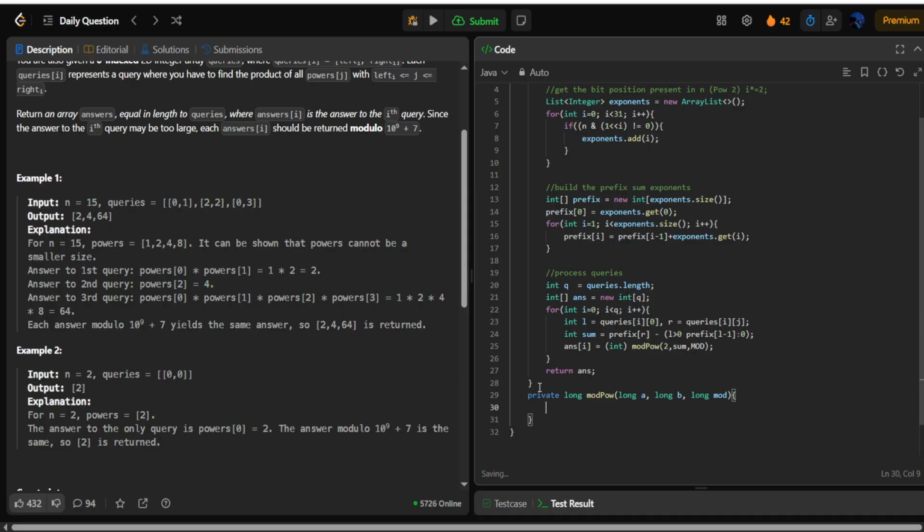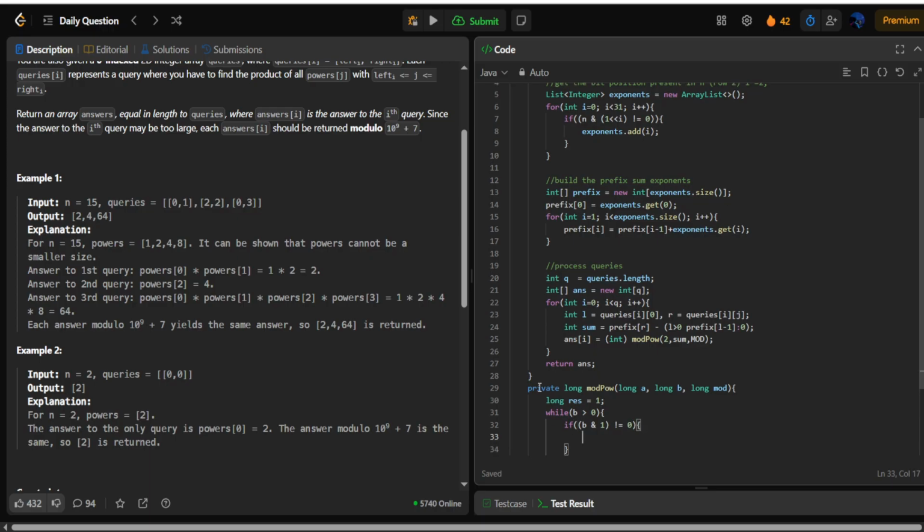First, long result is equal to 1. Then we check using a while condition: if b greater than 0, if b and 1 not equal to 0,